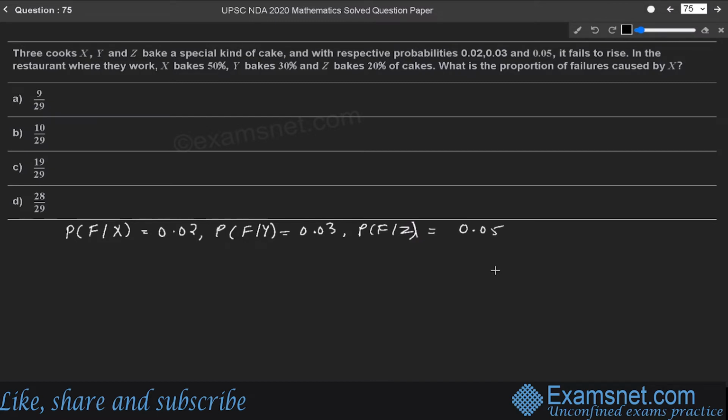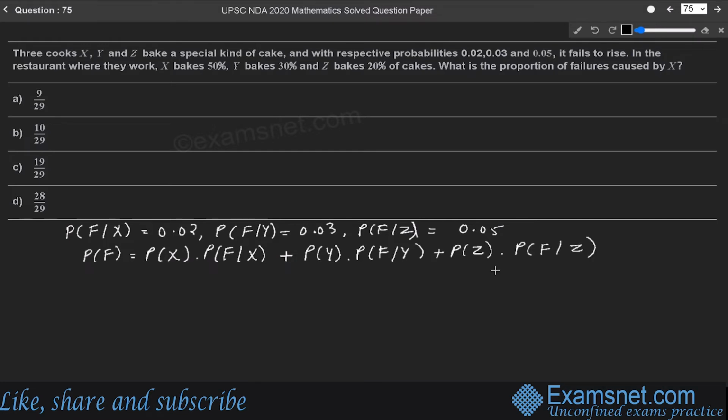0.05. Also, we know that P of F is equals to P of X into P of F by X plus P of Y into P of F by Y plus P of Z into P of F by Z. So now putting the values, we will get 0.5 into 0.02 plus 0.3 into 0.03 plus 0.2 into 0.05. So it will be equals to